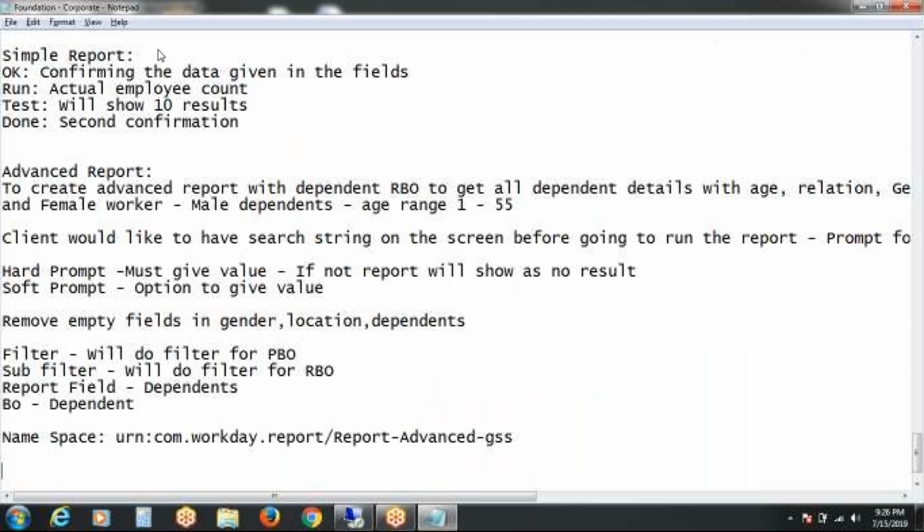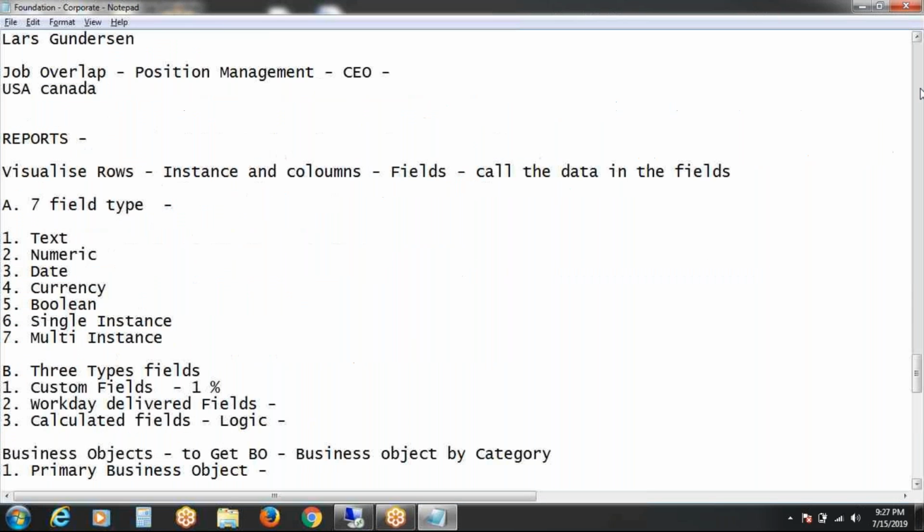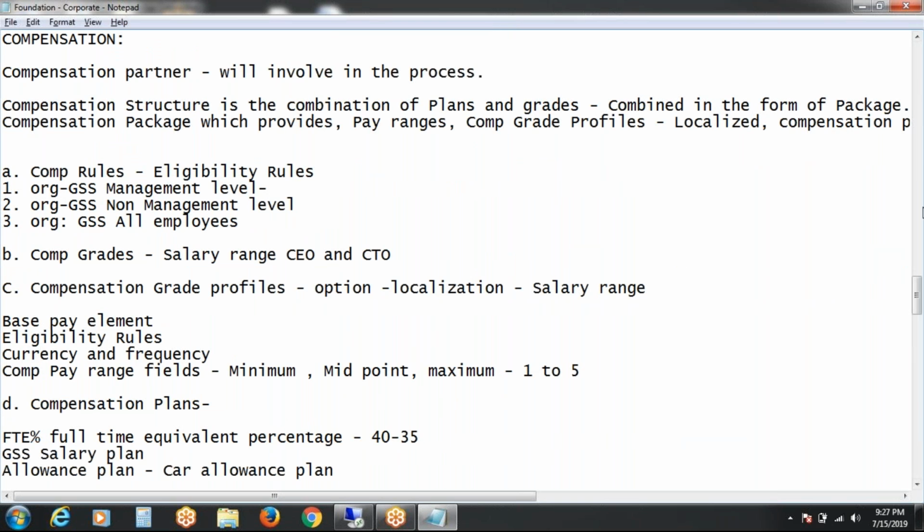So tomorrow we are going to discuss the matrix report. It takes like 5 to 10 to 15 minutes. After that we will start calculated fields. I am going to explain 8 to 10 calculated fields, because there are 32.